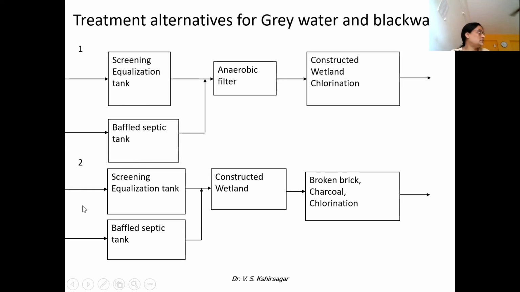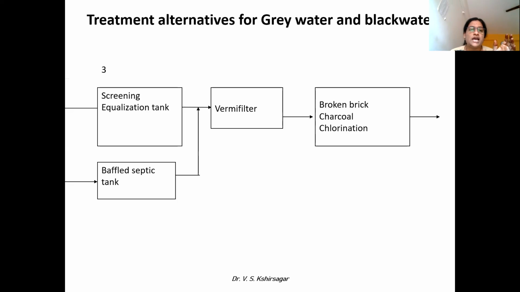Then here you can see the second alternative: screening, equalization tank, baffled septic tank, and it will be allowed to first pass through the constructed wetland and then through a simple layer of bricks and charcoal, and the final step will be chlorination. And one more alternative is available where you can go for screening, equalization tank, baffled septic tank,